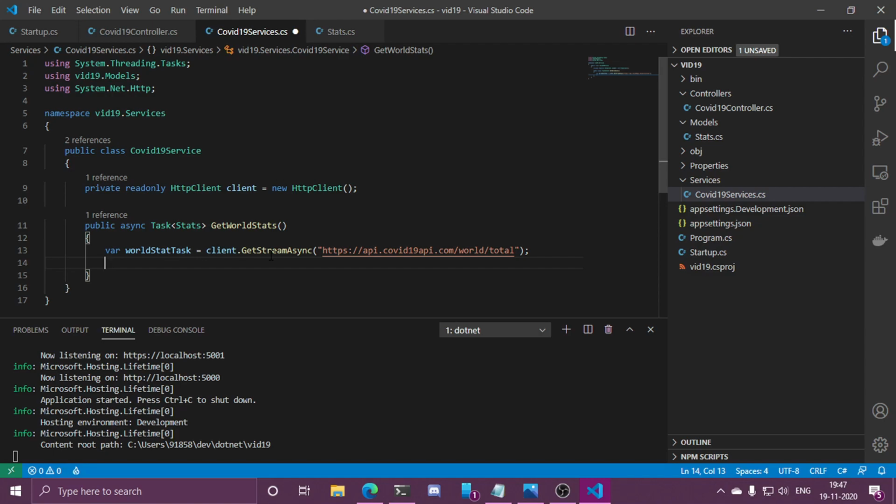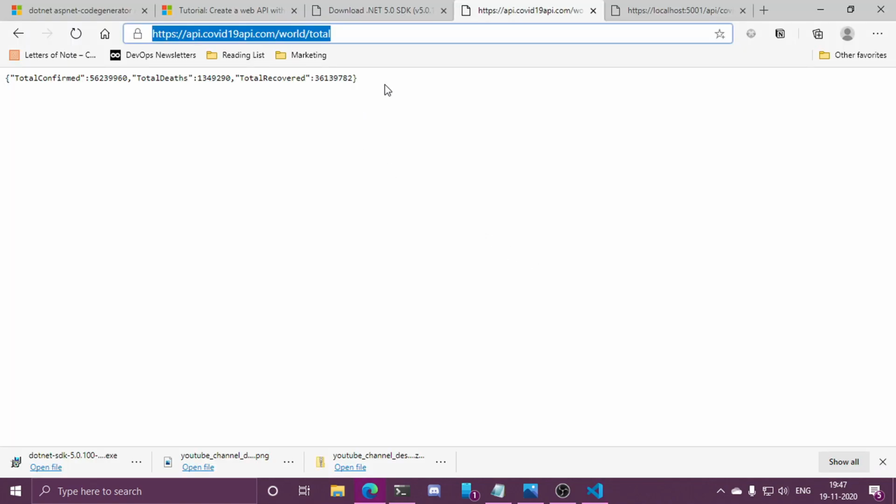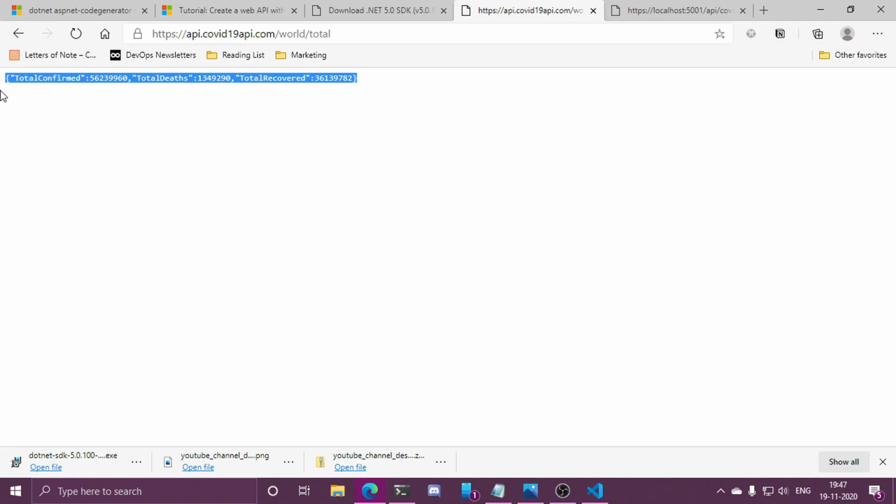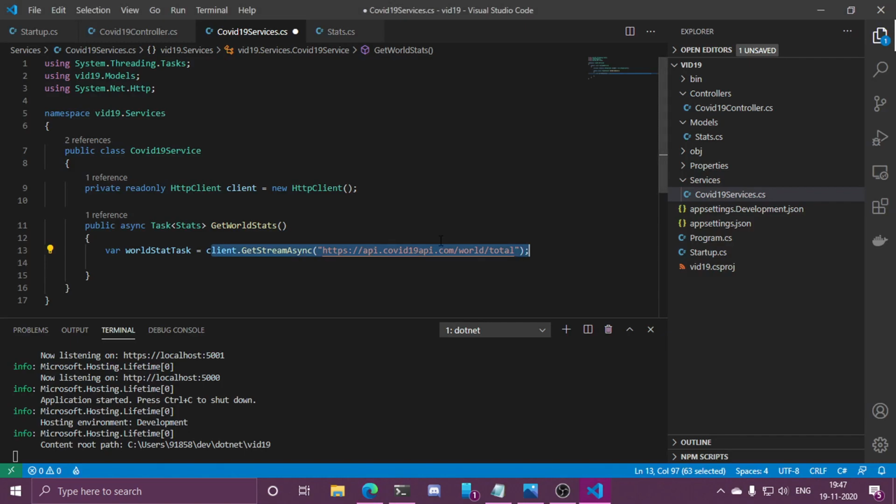So first of all, we have to plug it into a stream reader. JSON deserializer is also a kind of stream reader. So JSON deserializer can also parse the data and auto-populate the output based upon the fields that are there in the input data. Okay, so this thing is going to return a stream, and that stream at the end of the day will contain this data. So we can simply plug this stream into our JSON deserializer.